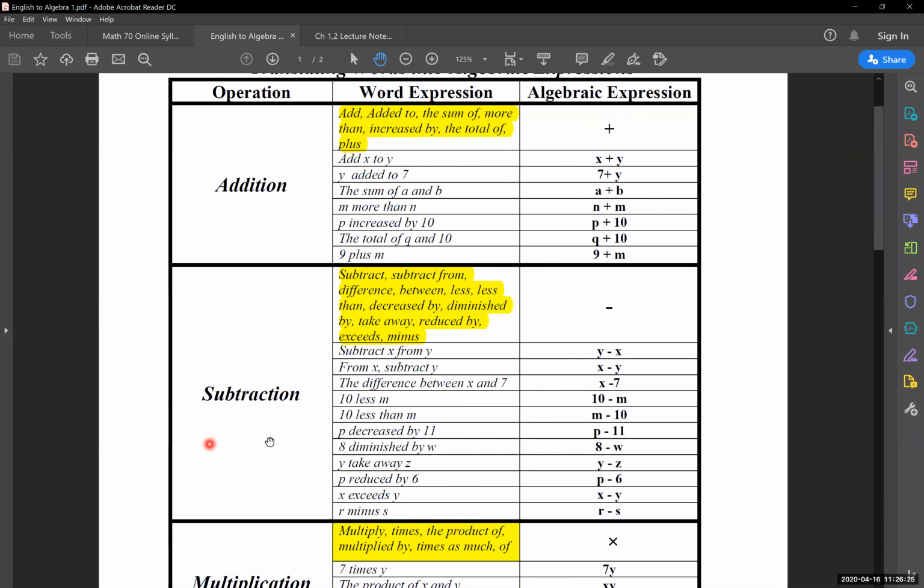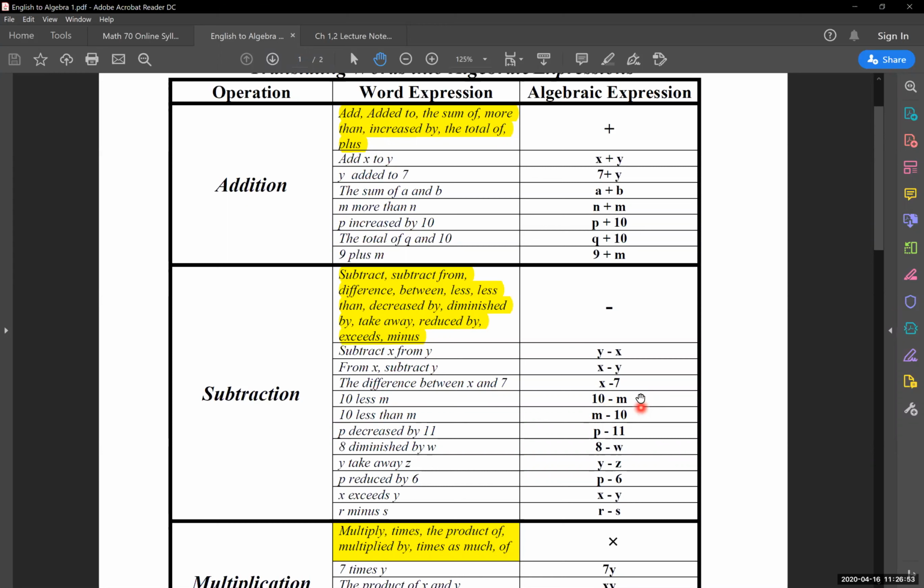If we're taking a look at subtraction, for instance, there's how many different ways that are listed here to say something minus something else? So keeping track of all of this is not the easiest thing to do, especially when we get into the subtle parts. Let's reference our two examples that we have here. The subtleties between having, let's say, 10 minus m or m minus 10. And there's a huge difference between how we write this thing out.